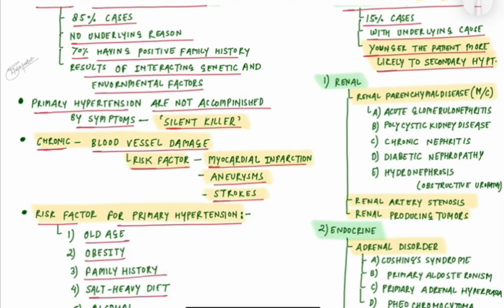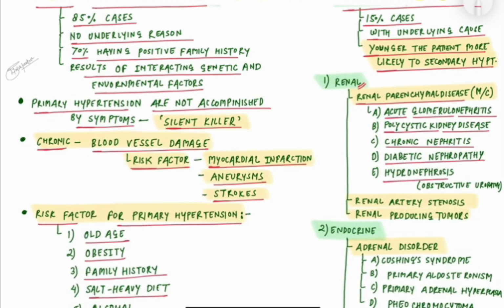Causes of secondary hypertension. First is renal cause. In renal cause, renal parenchymal disease: one is acute glomerulonephritis, polycystic kidney disease, in which a cluster of cysts develop in the kidney, chronic nephritis, diabetic nephropathy, which is discussed in the diabetes series,